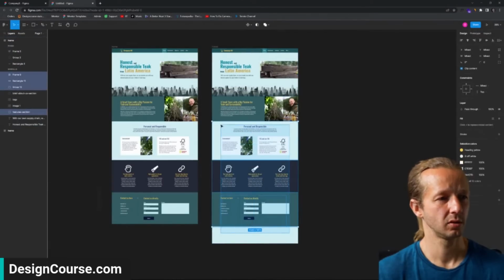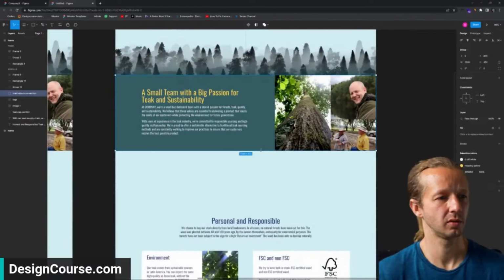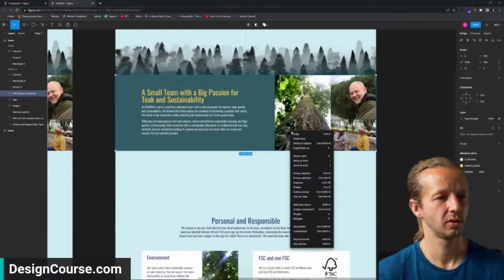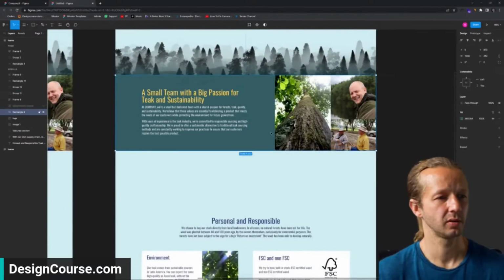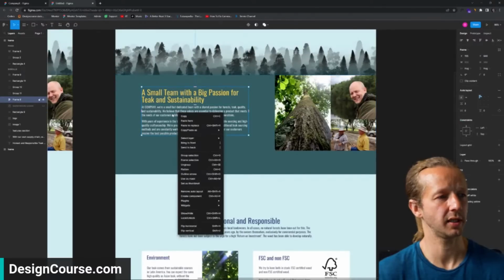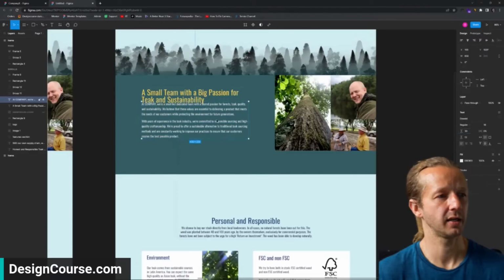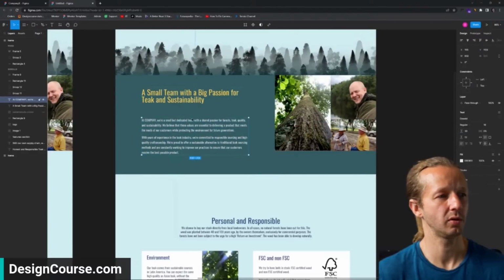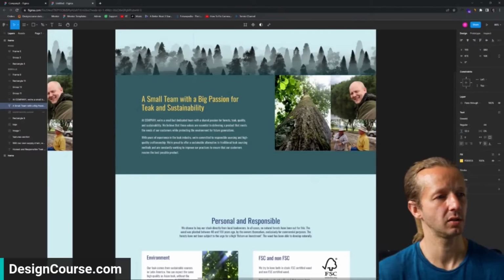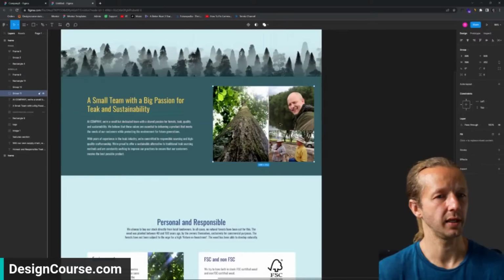So let's pull stuff down here to give ourselves some room using layout and such, as you should. Let's take this, ungroup it. Let's increase that line height, make it a little bit more readable. Same thing with here. You want to increase that as well. All right. And then